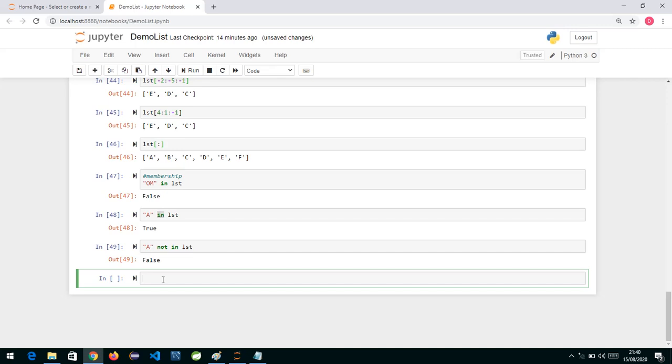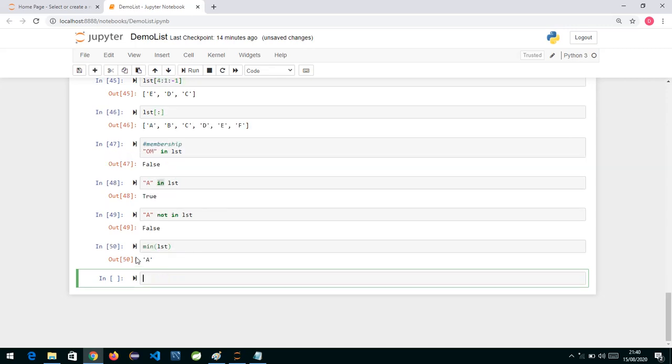Similarly, in the Python interpreter, we also have the functions min and max. And we have also seen sorted. So we'll see min and max first. If I say min of the list, it will give me, according to the ASCII or Unicode value, the smallest element, which here is A. If it was a list of numbers, let's take an example: 23, randomly 56, then 5 and 6, then -2 or -1, and then 58, something like this.